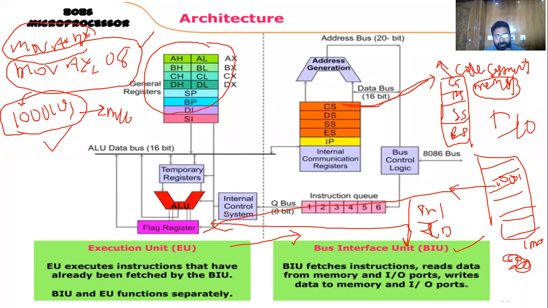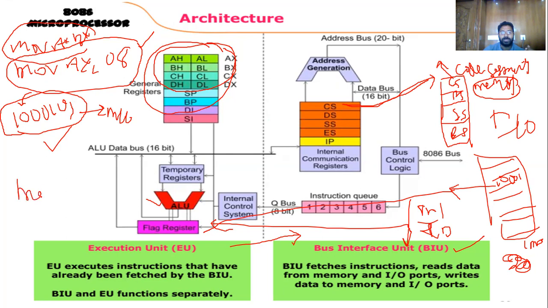Once the required data comes to the execution unit, the instruction is executed in the general purpose registers and the ALU. Remember, the instruction execution is done in the execution unit, that is, the general purpose registers as well as the ALU. The program is not executed in the memory space. It can only fetch information from the memory through these code segments, or send data, or fetch data from that memory.